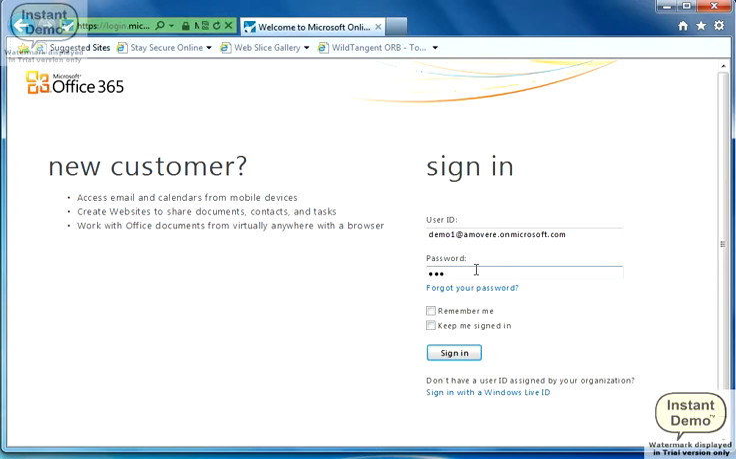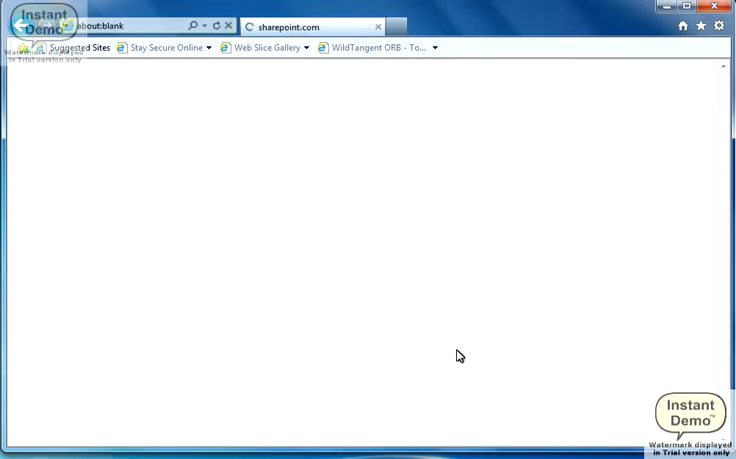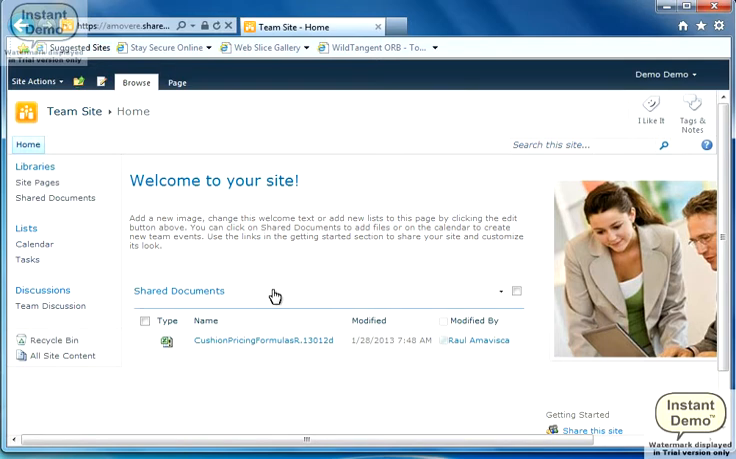I'll put in a password here, and hopefully I typed everything correctly and it'll let me in. As you can see, the pricing formula is right here. Once you get to this window, press that,